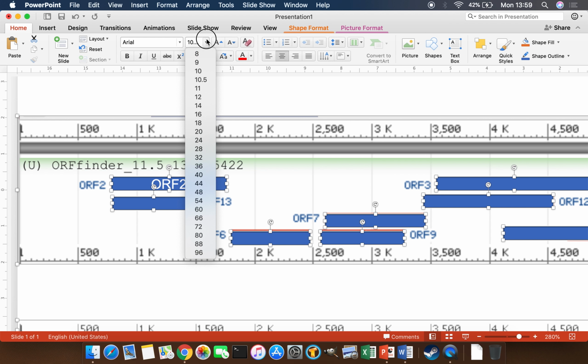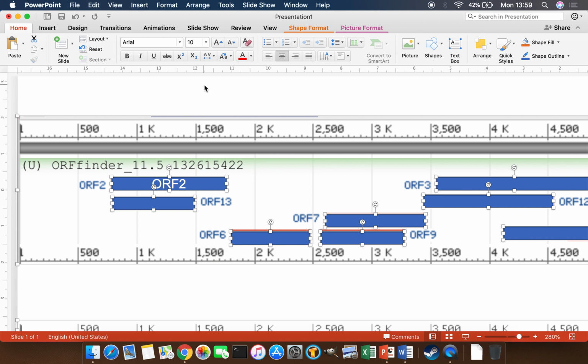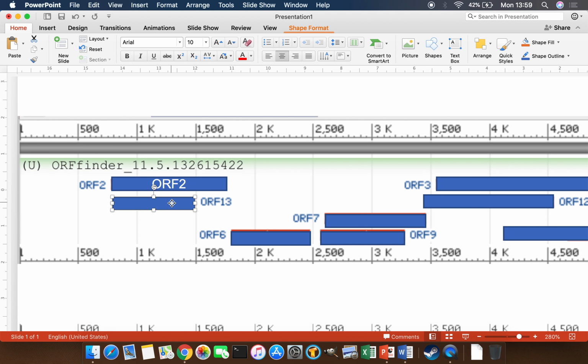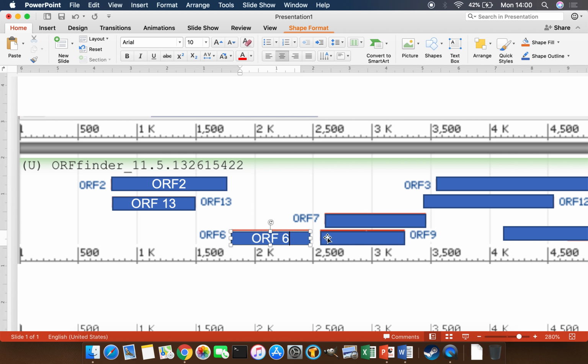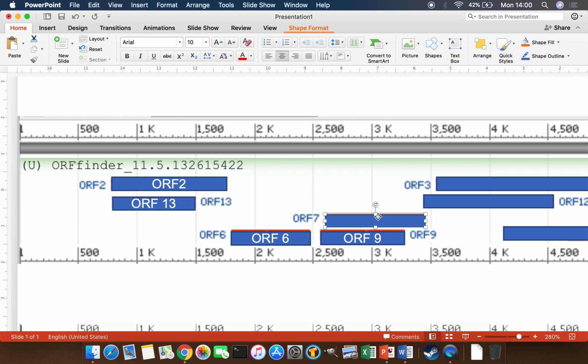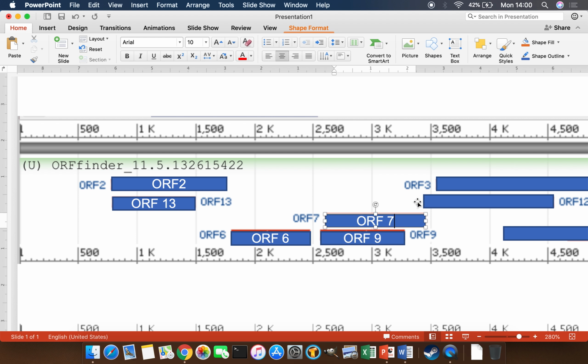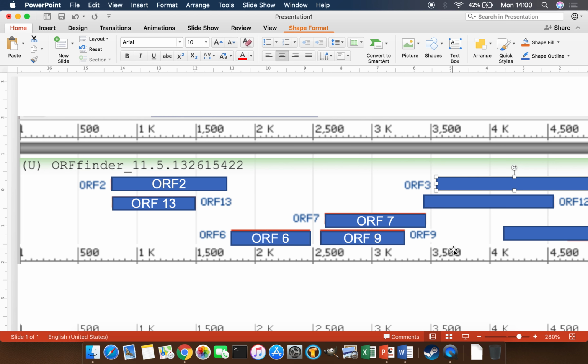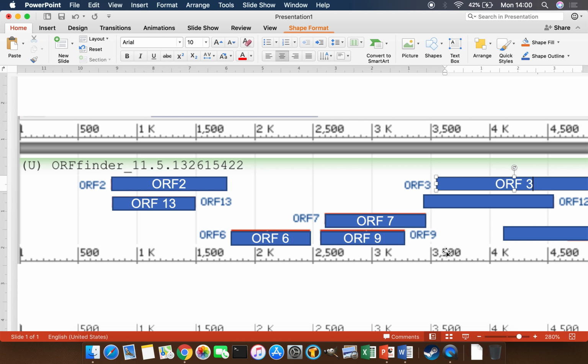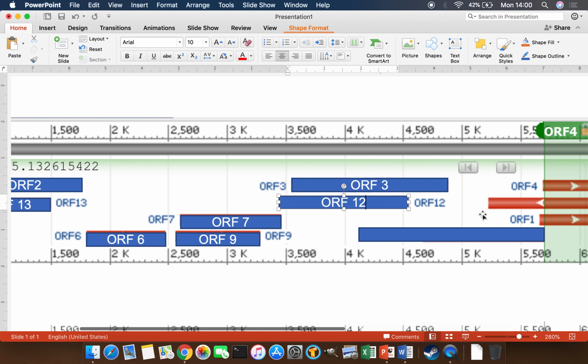An Arial 10, that makes me happy. Yeah. Okay, and so ORF 13, ORF 6, open reading frame 9, open reading frame 7, and open reading frame 3, reading frame 12, and